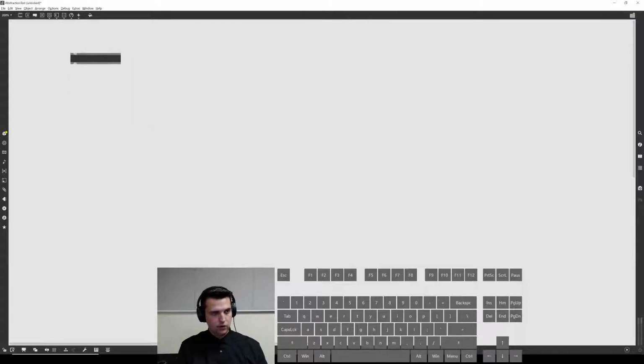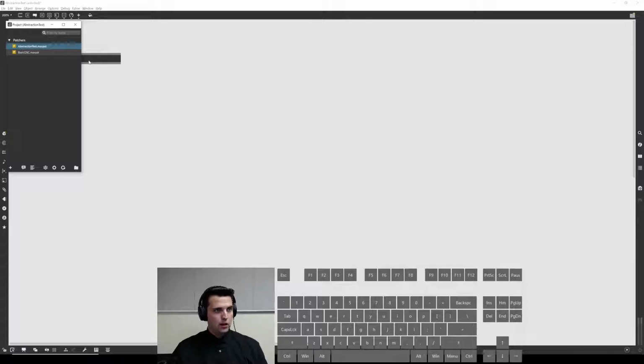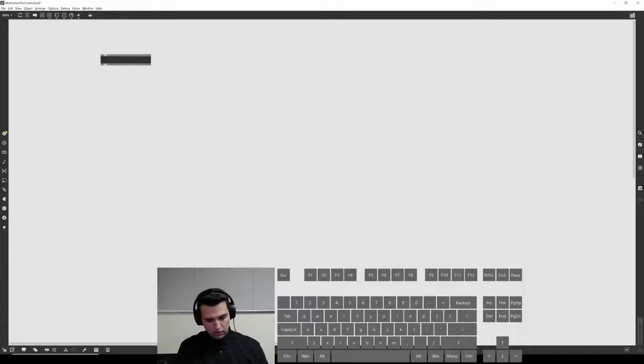Well, it's very important to get the exact name of your other patch. So we named it basic OSC.maxpat. So basic OSC.maxpat. Okay. Now you'll notice that we've got a left inlet and a right inlet and then one outlet,